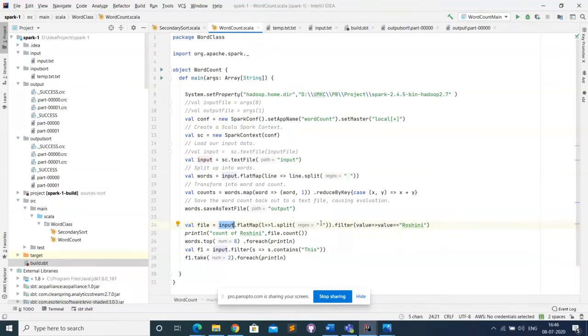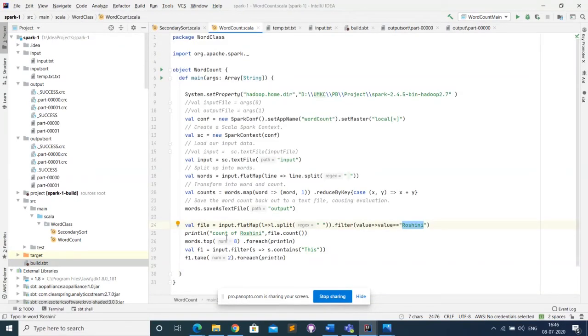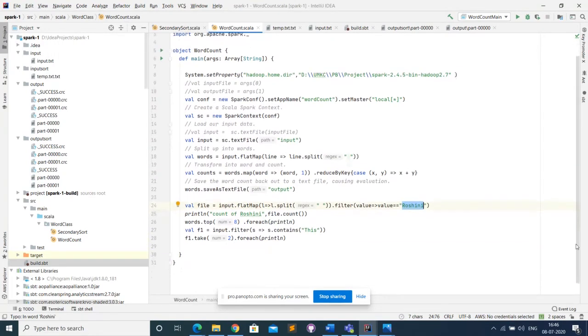So each line is going to get split, and this filter is going to take the words that contain only Roshni. So this file output will have only 2 words now, that is Roshni 2 times, just because I'm going to select the value as Roshni. As you can see, the input text here has got Roshni twice, so this file will have Roshni twice. So when I give file dot count, it is going to give me the count as 2.